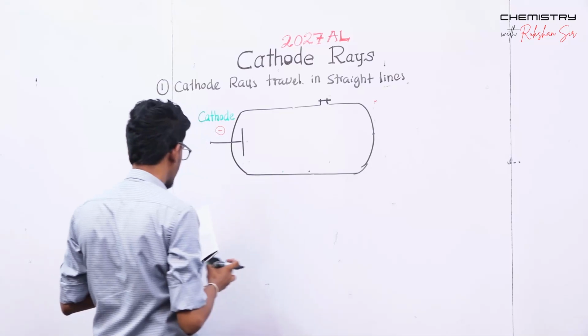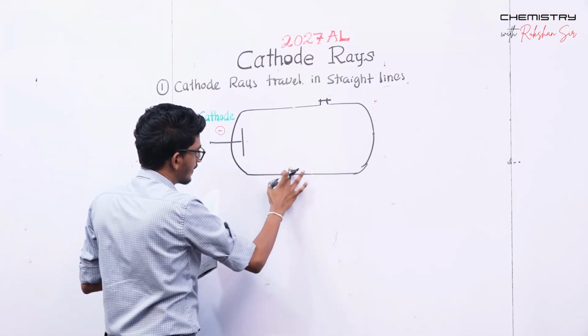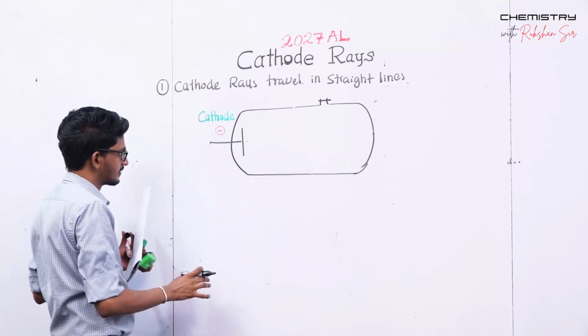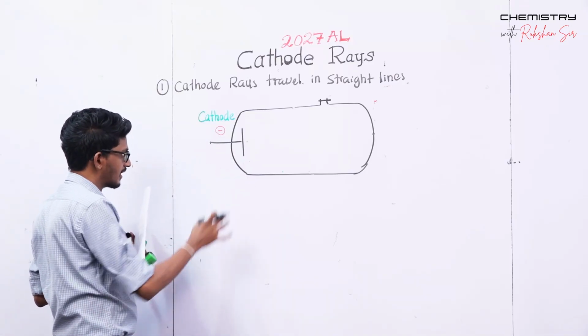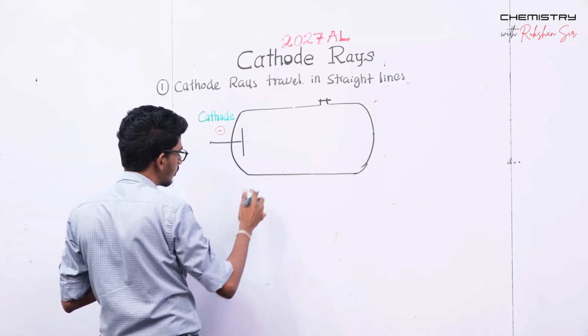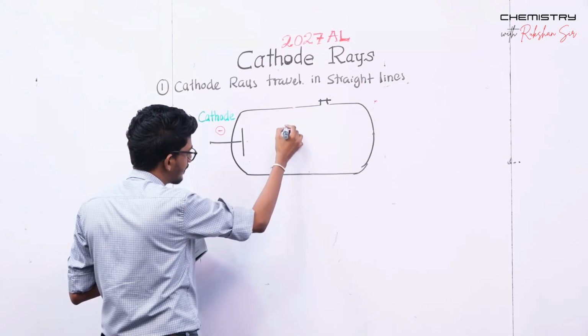Let's see how they made the setup to observe this property. The cathode was there. They applied some high voltage. The negative terminal is the cathode. Cathode was there, and as the anode,